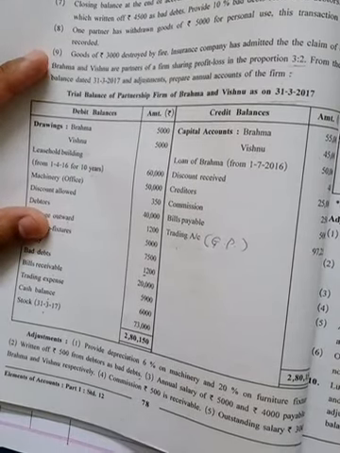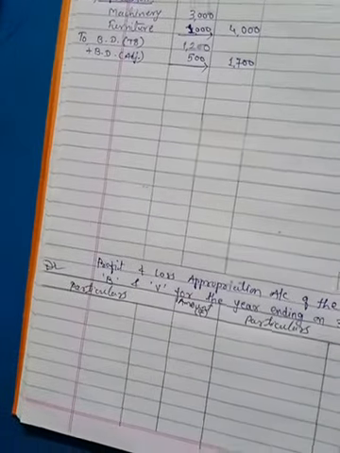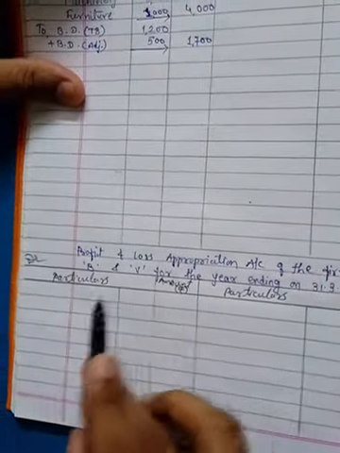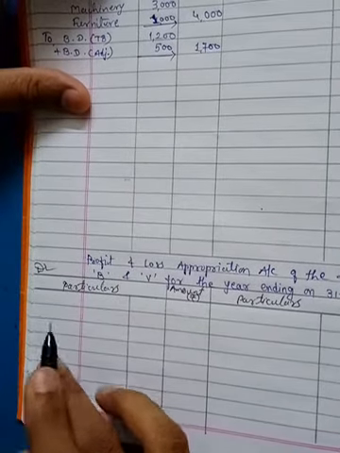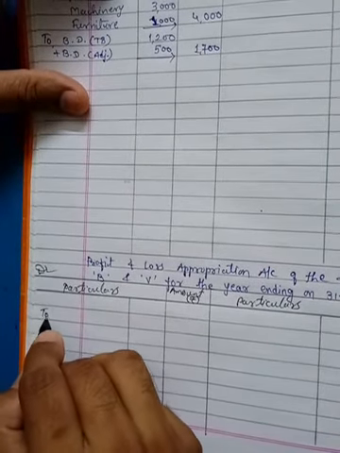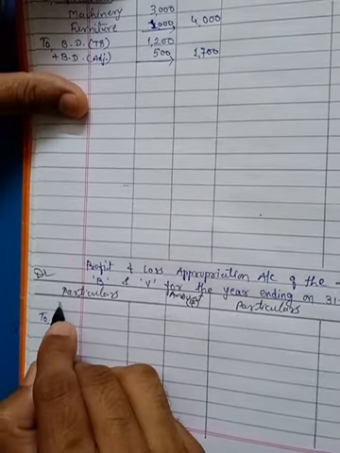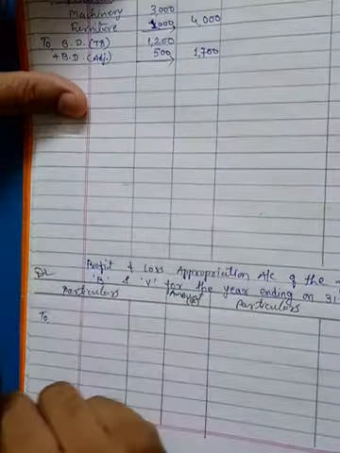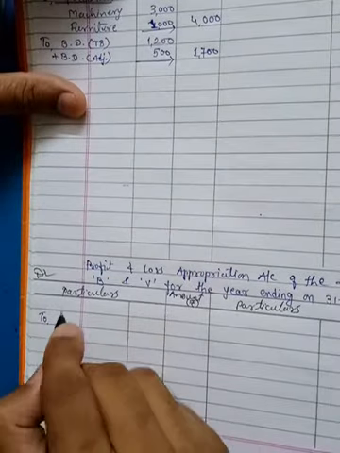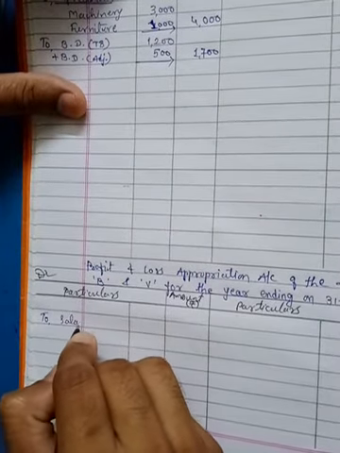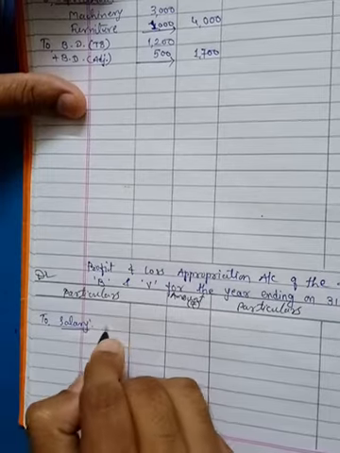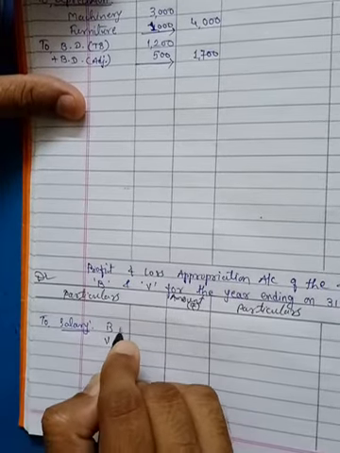Now the next adjustment number third, annual salary of rupees 5,000 and rupees 4,000 are payable to Brahma and Vishnu respectively. So salary to partners is recorded in the profit and loss appropriation account debit side as an expense of the firm towards partners. Okay, so I am going to write over here debit side of profit and loss account after leaving first line, because there may be net loss available or net profit, we don't know. Okay, so to salary first I am going to write title and the names of the partners Brahma and Vishnu.